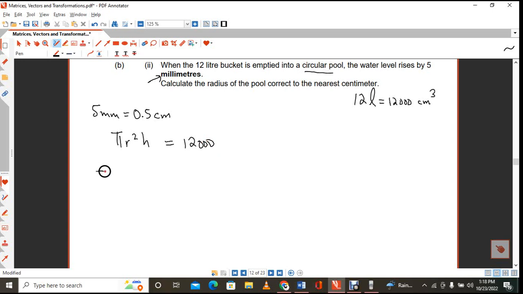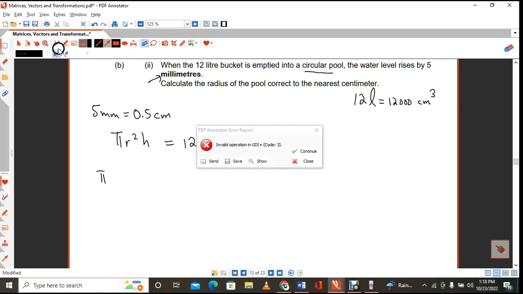So we're going to have pi, and our radius is given as 0.5. No, our radius is what we are supposed to calculate. So we're going to say pi times,